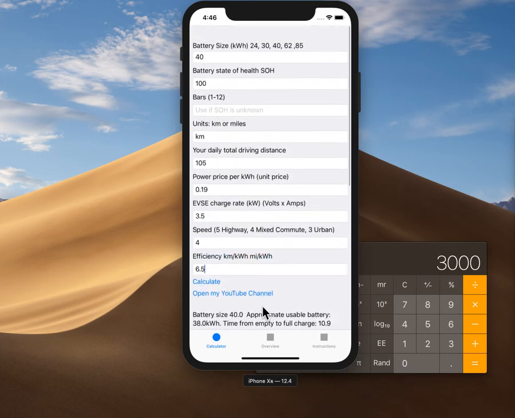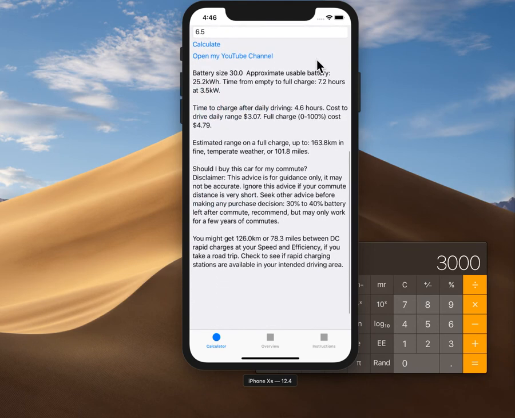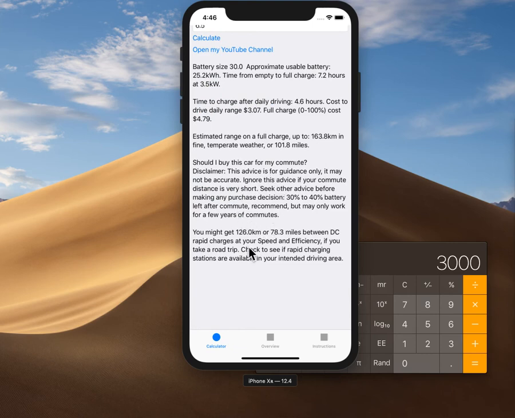So if I go back and put in my battery size, 30, and I know my state of health is about 90 last time I checked, and do this calculation, you can see estimated range on a full charge up to 163. Now, I can often get near 180 k's out of my car on a full charge,